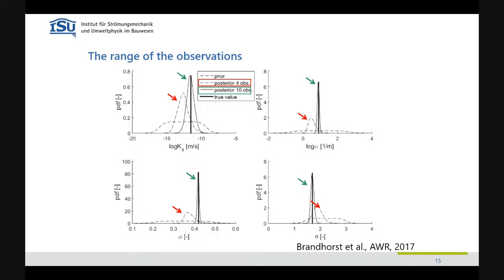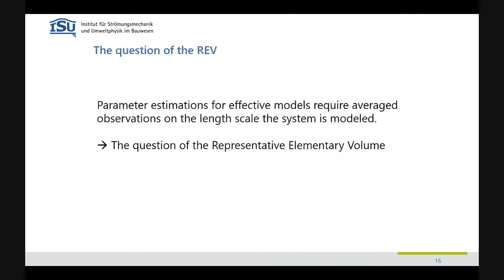If we have only 4 sensors and see only the top where it's typically drier, we are far off. So we don't retrieve the parameters. That doesn't say that we don't match the observations. We match them very well. It's just in this dry regime, it's not sensitive. So it's not sensitive to these parameters, and therefore we cannot get them. So this is just to illustrate that if we only see the top, it's problematic.